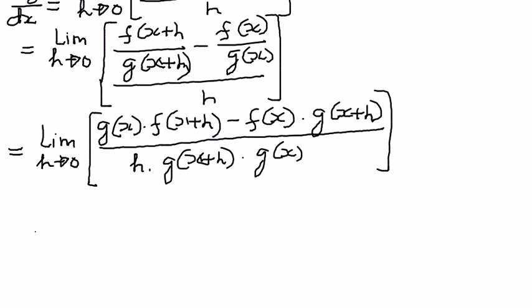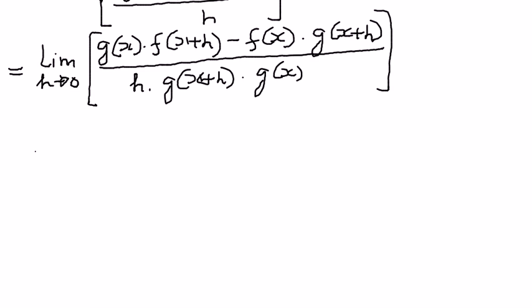Now the thing we want to emphasize here is that we're going to introduce some new terms. We will add and subtract f of x times g of x so that it does not change the given equation, but by combining and finding the common factor, we should be able to find the derivative of the given function. So let me write this and then explain it some more. We can write the next step as follows: